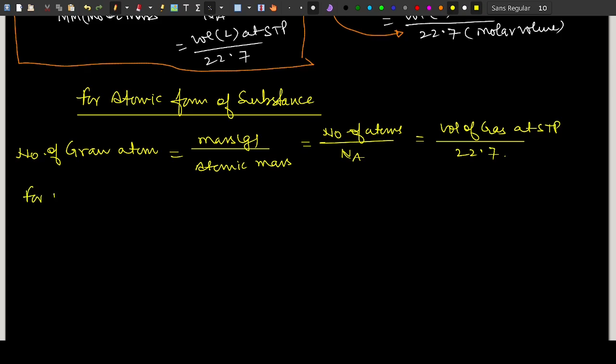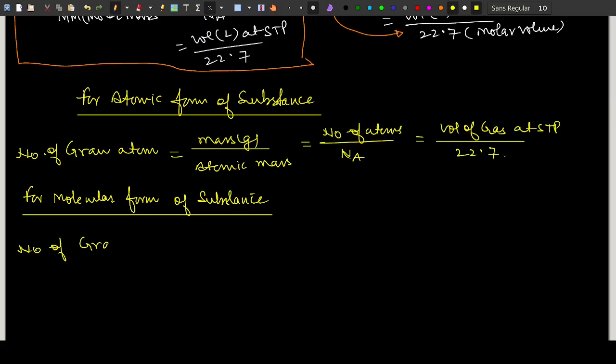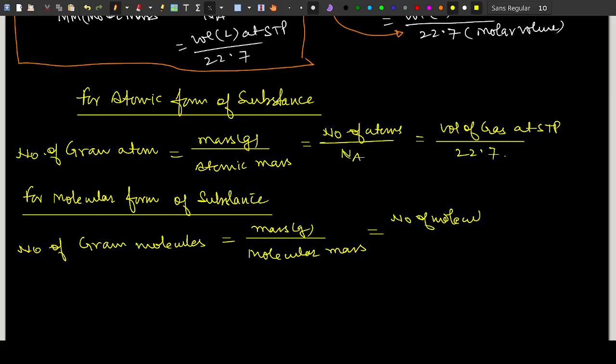For the molecular form of substance, here we can say number of gram molecules is equal to mass in gram upon molecular mass. This is equal to number of molecules divided by Avogadro's number, and this is equal to volume in liter at STP upon 22.4. I told you that this is applicable only for gas,